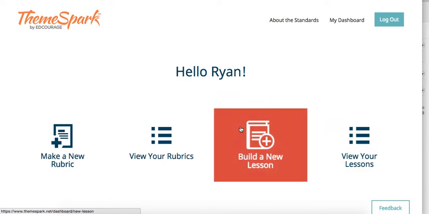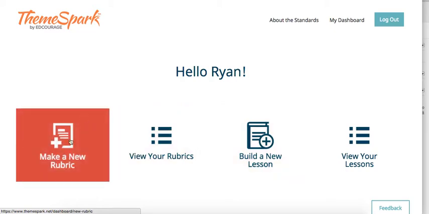The lesson plan builder I wasn't the biggest fan of. It's worth checking out if you need some help with designing lessons. But what I really thought was awesome was the rubric builder. So I'm going to show you guys that. If you click on make a new rubric,